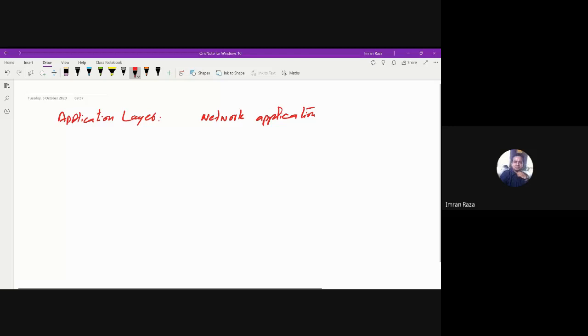And in fact, historically, we can have a timeline to discuss different internet applications.